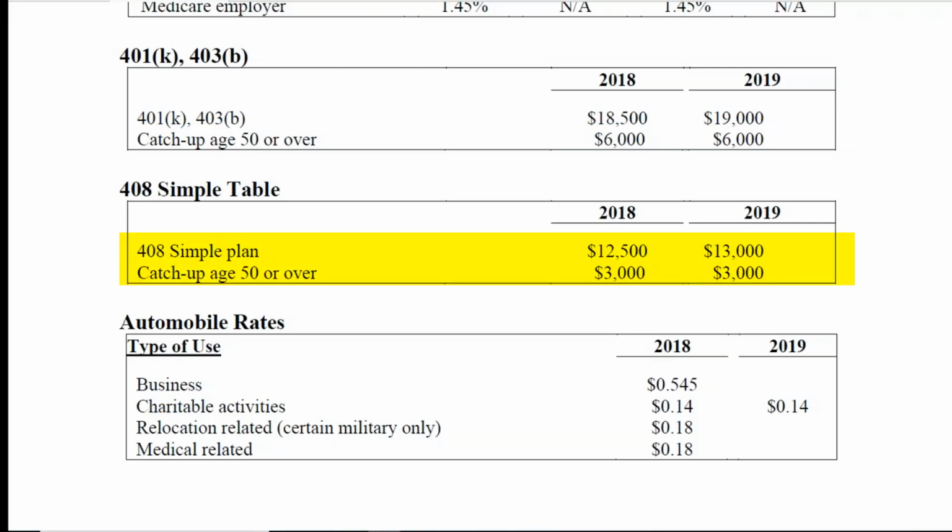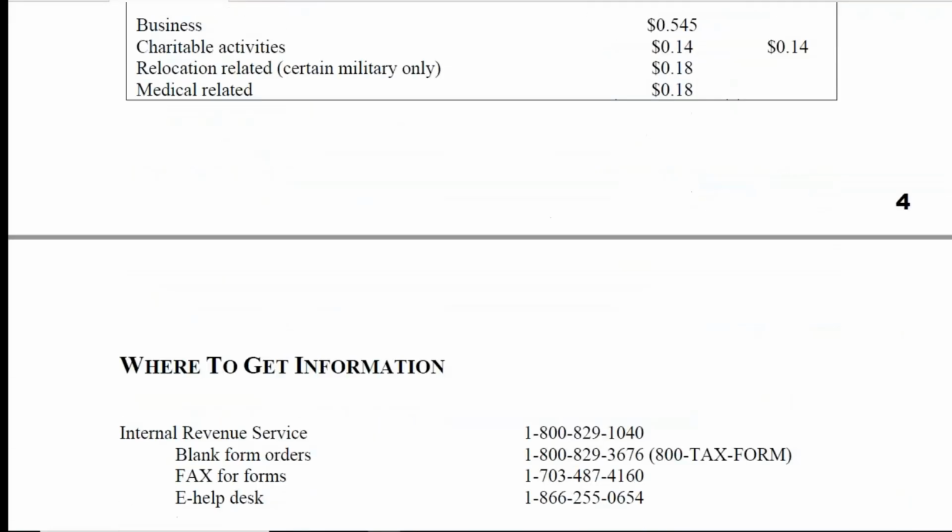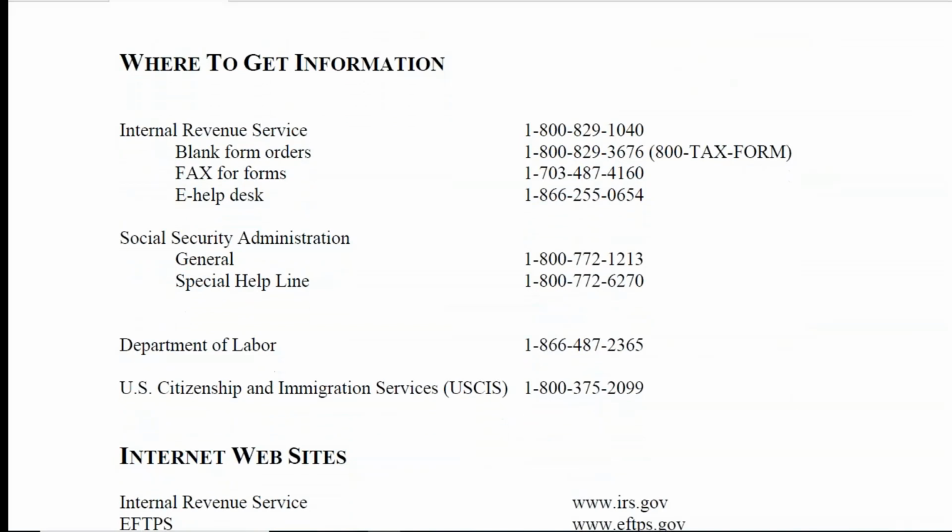The 408 Simple plan has increased $500 as well. So for 2018, it's $12,500. For 2019, that's $13,000. The catch-up of age 50 or over stays at the $3,000. The automobile rate hasn't come out yet for 2019, so we're still looking for that information to be updated for 2019. One other item that is not on this page but is a